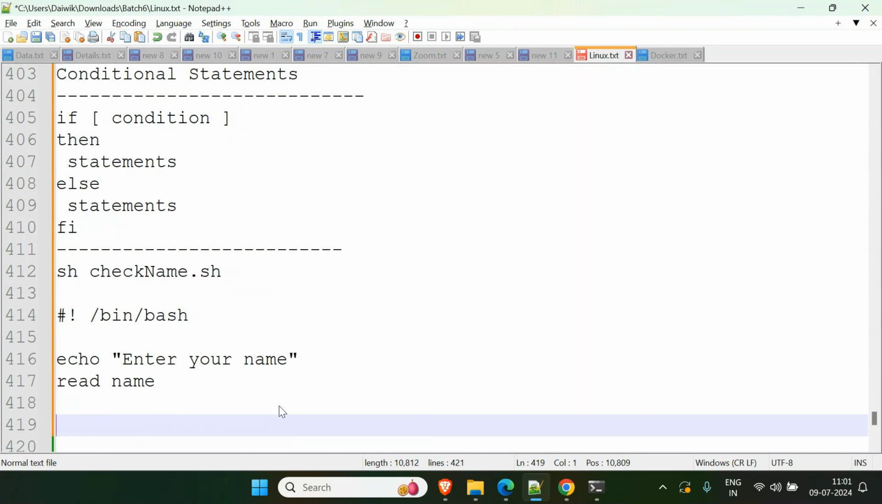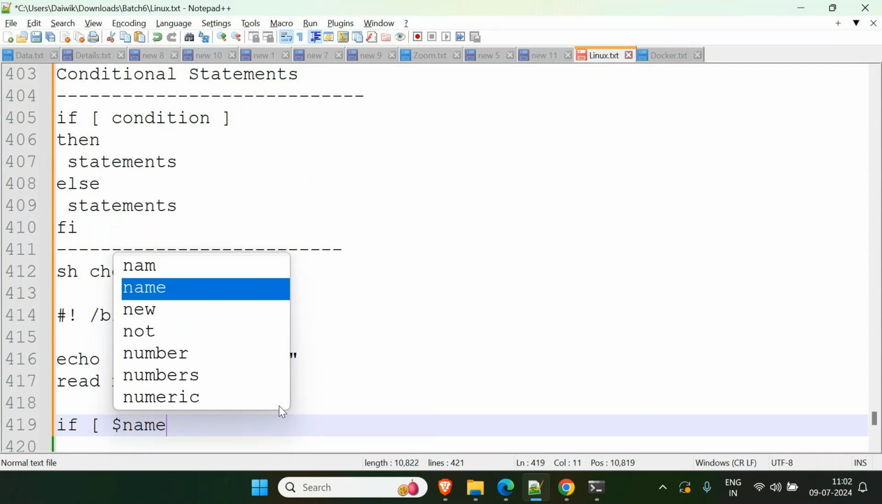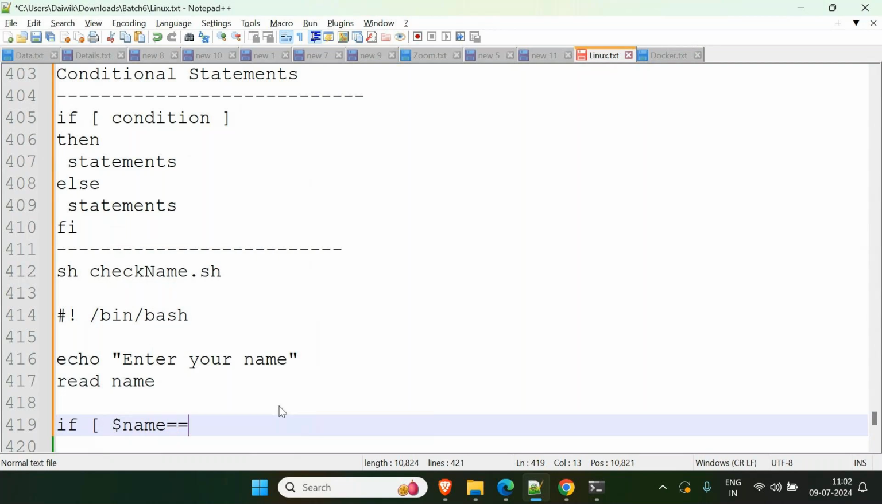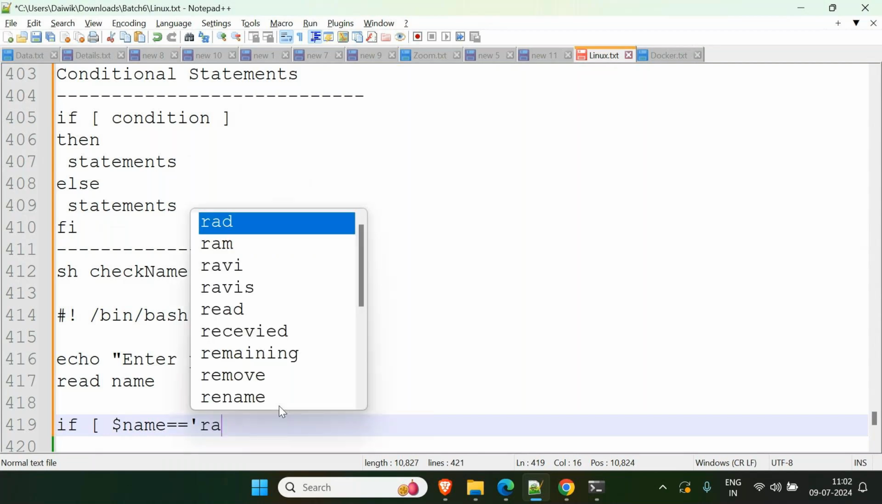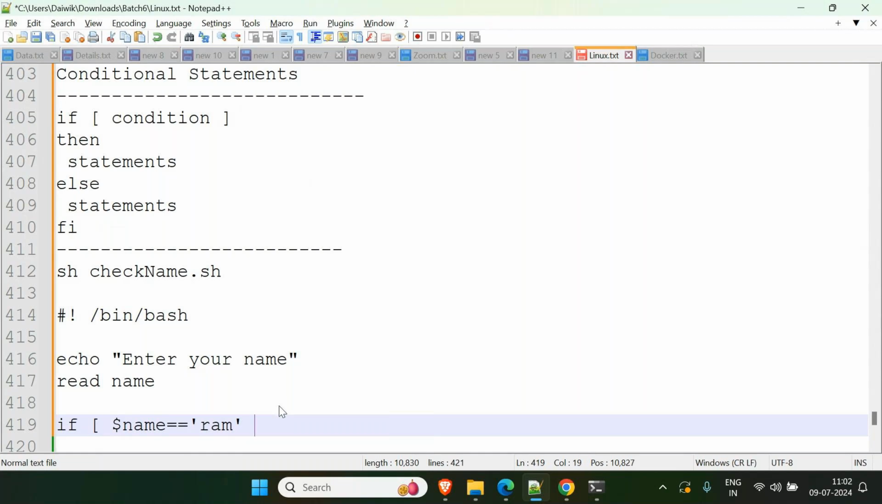Here I will say if, square bracket, space, $name. Under that, the value name will be whatever name you entered, it will come. If name equal to, double equal to, see, it's not single equal to, it's double equal. Double equal to means it's verifying: is name equal to Ram? Something like this, I'm checking. Space and close the square bracket. $name, suppose you entered Ram, for example. Ram equal to Ram, both are matching. If both are matching, then